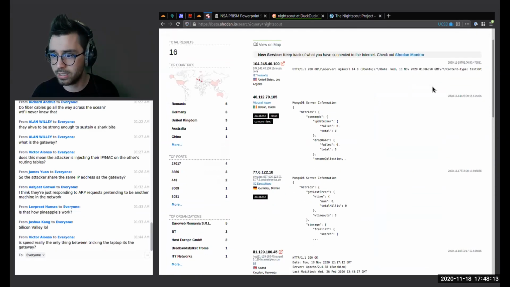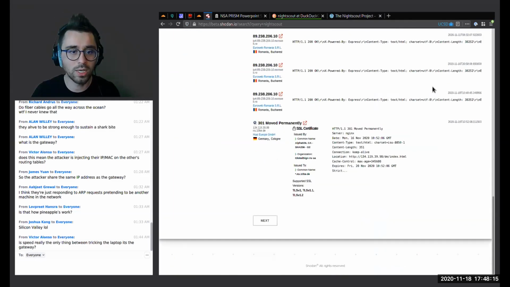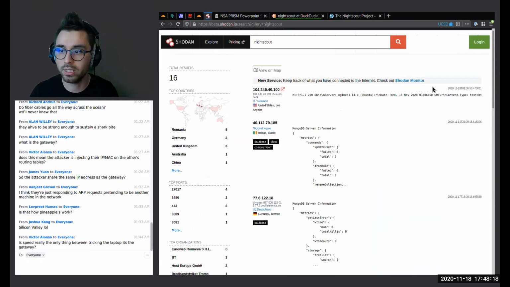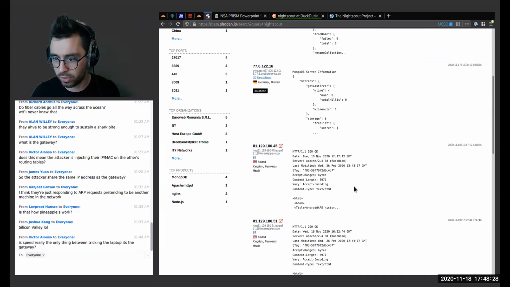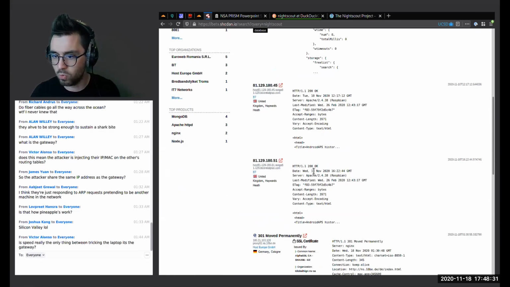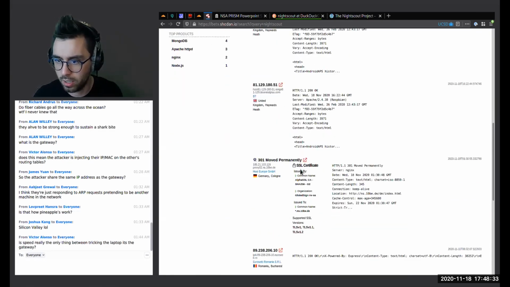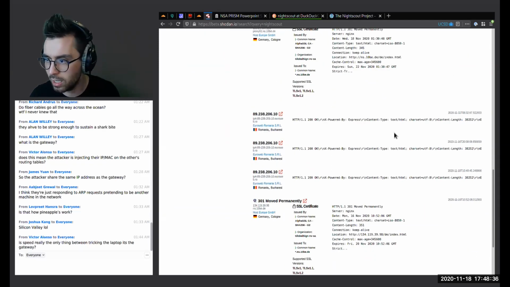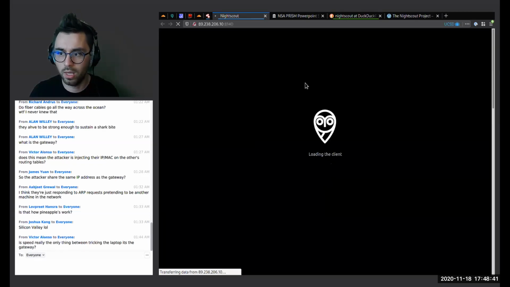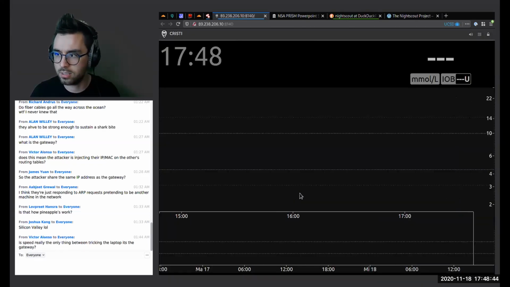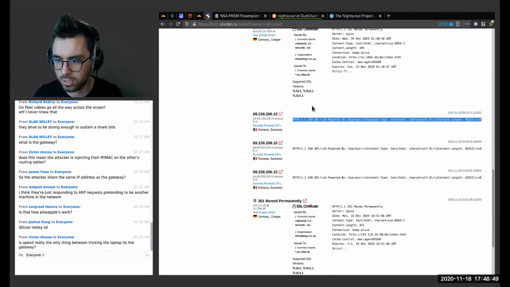So if we search for Night Scout, we're seeing more than 0 things that are publicly accessible machines, right? And we're seeing for some databases that are just publicly accessible, like a Mongo database, but also web servers, right? So this is one web server that's somewhere in the UK. There's one in Germany, one in Romania, right? And this is very clearly a web server. So we can even open it up, and this is somebody's insulin pump. Luckily, it seems like it's not connected to some glucose sensor.